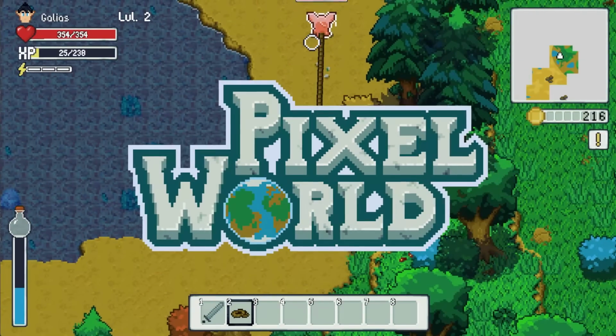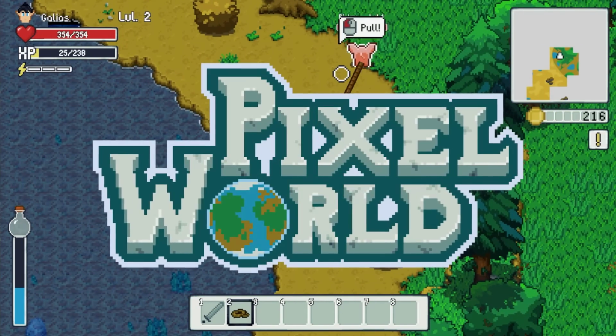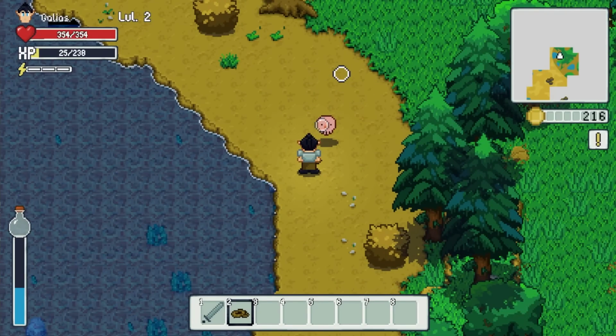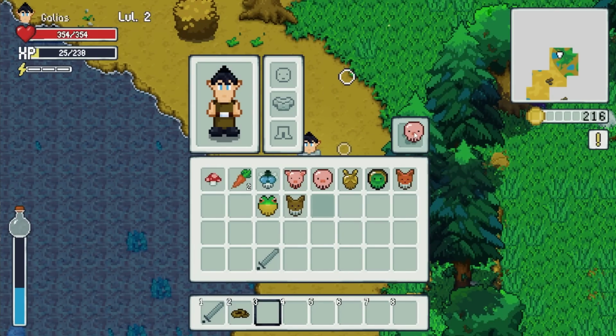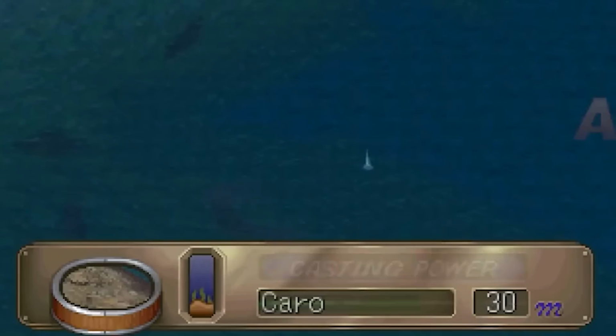So I want pets to be a core focus in my procedural action RPG. But since it's an action game, I need a compelling, real-time mechanic to make pet taming fun, to differentiate from all the other creature collectors. I started my research into designing a pet taming minigame with existing fishing minigames, because they're simple, skill-based, super fun,